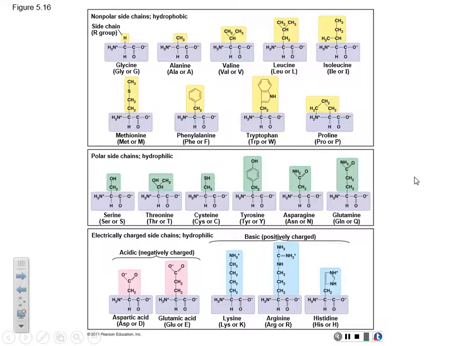And then some people will parse this in a little bit of a different way. Some people would tell you there are only 3 flavors. They'd say the 3rd flavor are the charged amino acids. I'm more of the school of thought of saying let's be more specific, they're not just charged. One category are the positively charged, and another category are the negatively charged. Okay? So in my way of thinking, we've got 4 different kinds of R groups, 4 different kinds